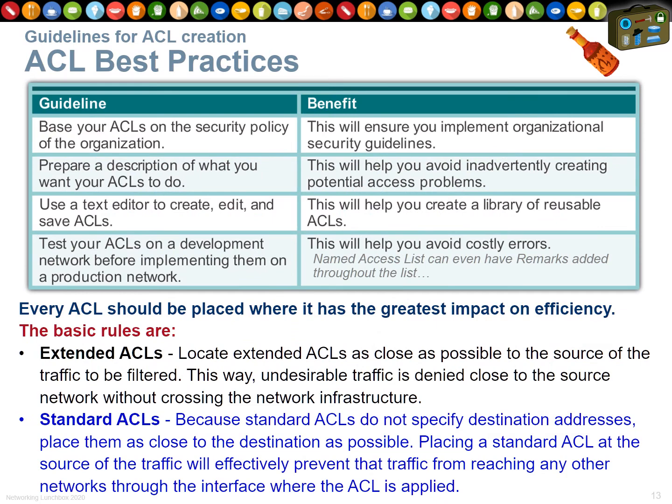So, access list best practices. Once again, that lovely word that I must have said 100 times, policy. Extended access lists must be created as close to the source as possible. Because you've got both the source and destination, you limit and restrict the traffic as quickly as possible. Whereas because a standard access list only has the source, it has to be as close to the destination as